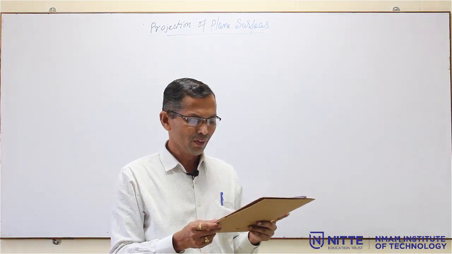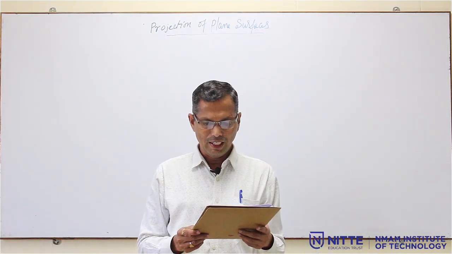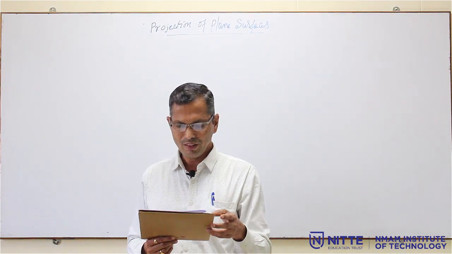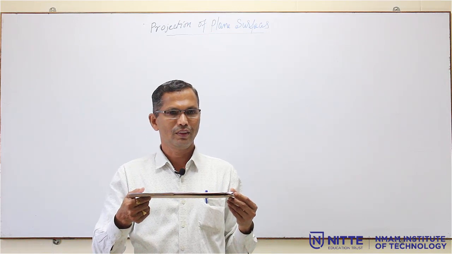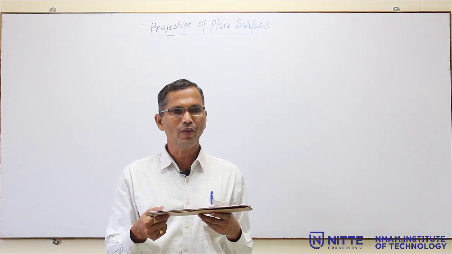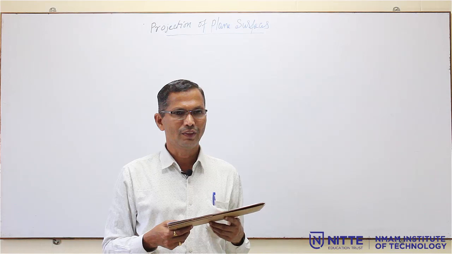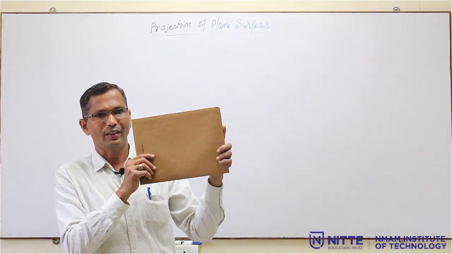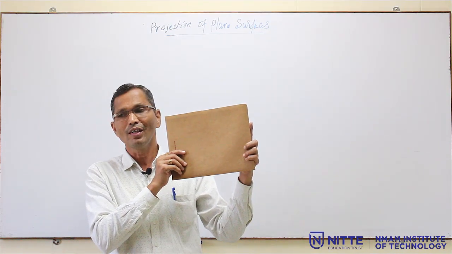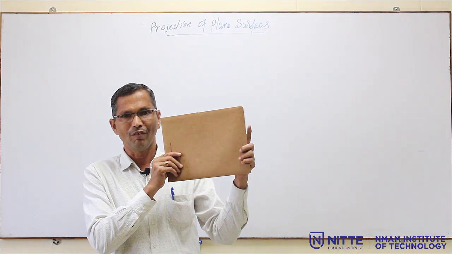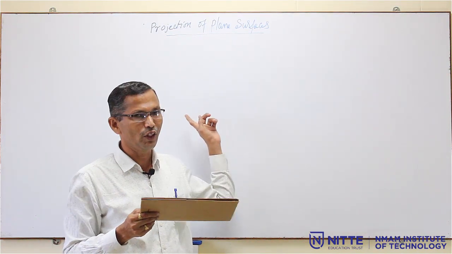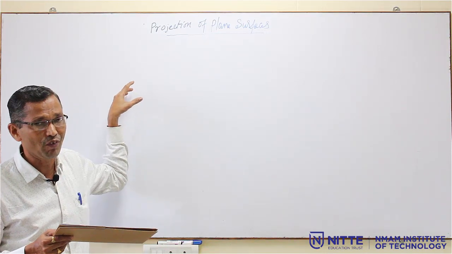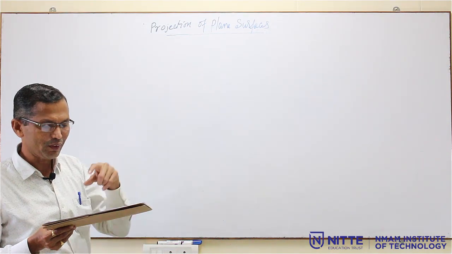So, in this, from where to start? If the top view looks like a square, then where is the top view? Top view will be on HP. You have to start it from HP. If the front view looks like a square, where is the front view? Front view is on VP. So, the initial position will start from VP. If the front view looks like a square, it is given. That you have to see in the problem.